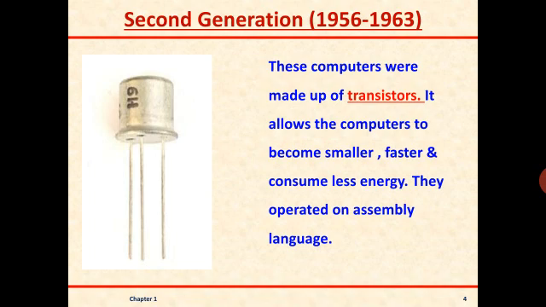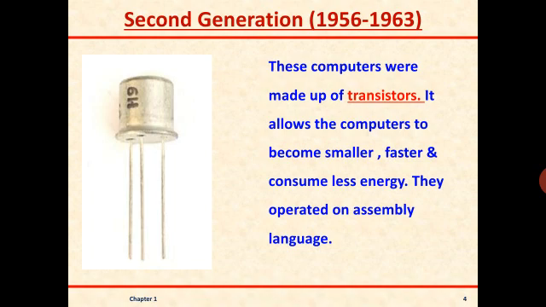This transistor in the second generation of computers was superior to the vacuum tube, because vacuum tubes were very large in size but transistors were very small. Because of this, computer size was also reduced. The transistors produced less heat as compared to the first generation of computers. So because of this, computers were working very correctly and accurately.